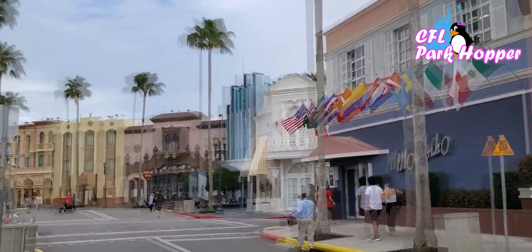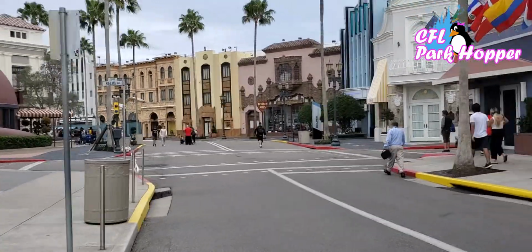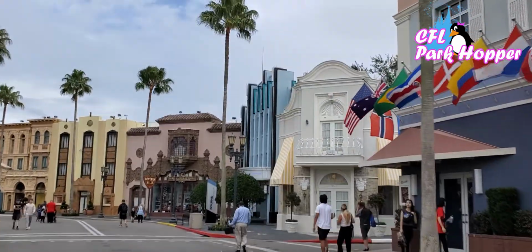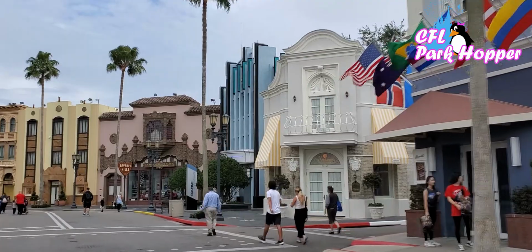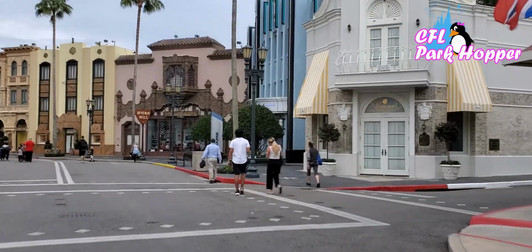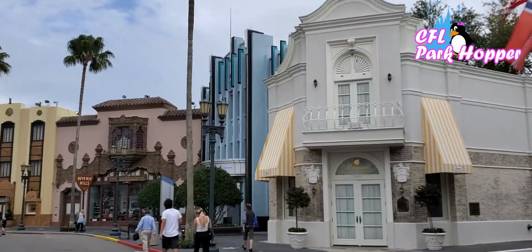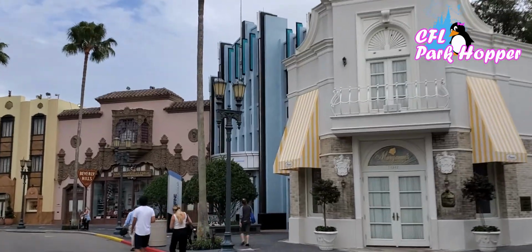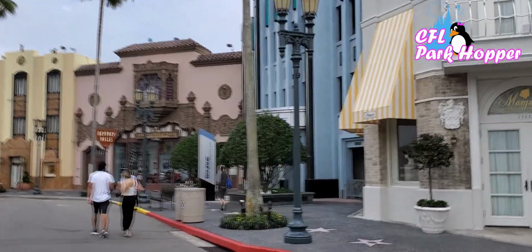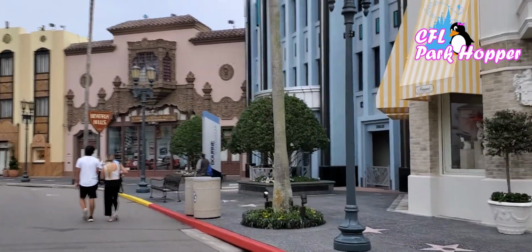trip. And right up the road here, we're coming up Hollywood Boulevard. They're gonna have a brand new Bourne Stuntacular. It's gonna be a stunt show, I think. Born Stuntacular, I think they're calling it. And this is gonna open, I think, sometime maybe this spring. Here. So this used to be the old Terminator 2 stunt show, and now it's going to become the Jason